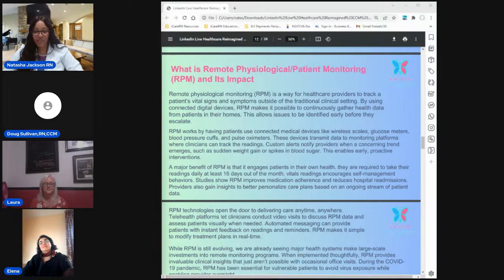And I think that with all of us, our goal is to not only provide these services to providers and patients, but to educate other nurses about how they can use their skills that they've learned over the years to provide these services directly to patients, because we do have that background and clinical experience as well as organizational skills to help implement these services